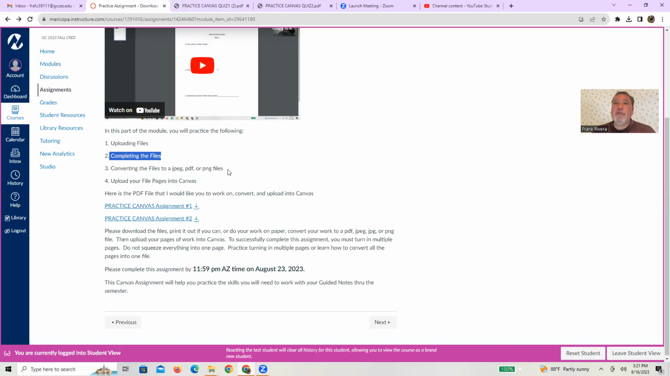Now that you've done your work, you next have to convert your files to a form that is going to be allowed by Canvas, which is JPEG, PDF, or PNG. And again,